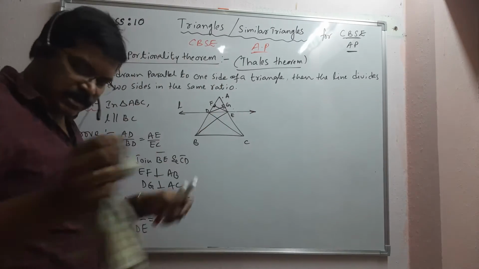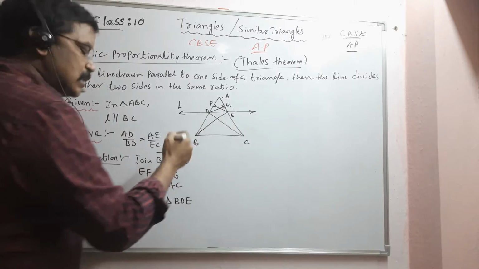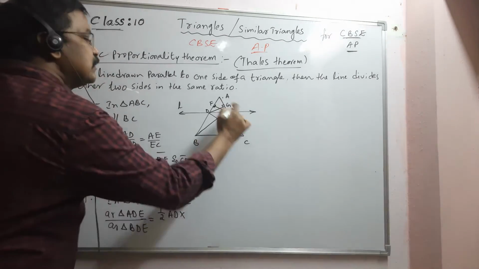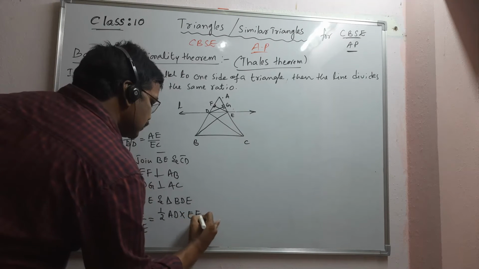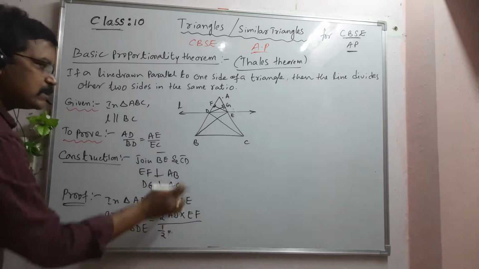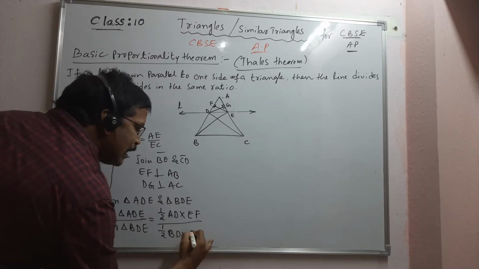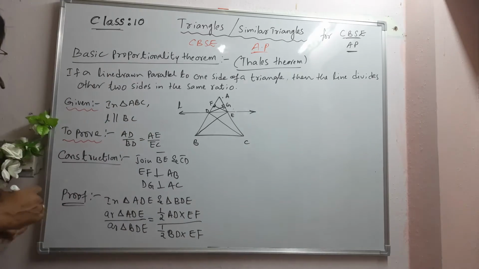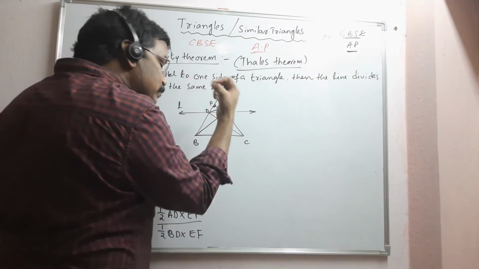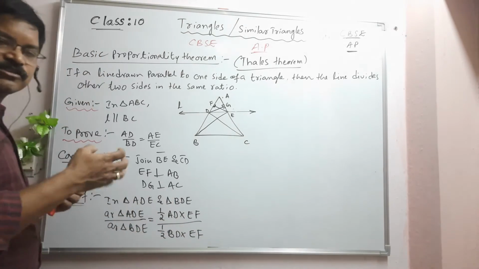Coming to this triangle ADE here, AD is the base and EF is an altitude. That means half into AD times EF, whole by half into... So what about this triangle BDE? The base is BD and altitude is the same EF. You will get a doubt here. Why for triangle BDE also have I taken that EF is an altitude?